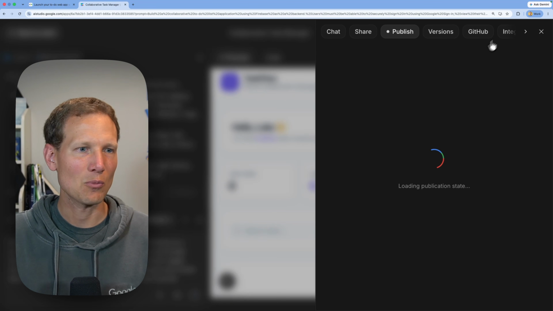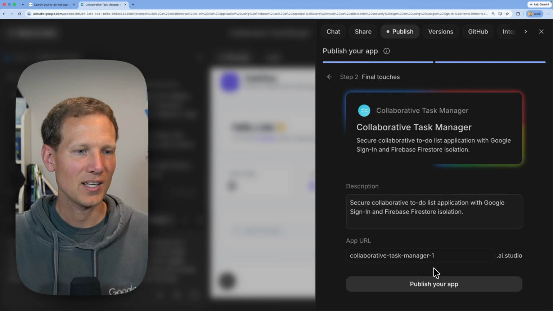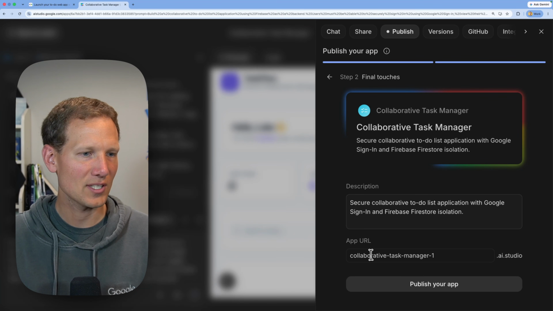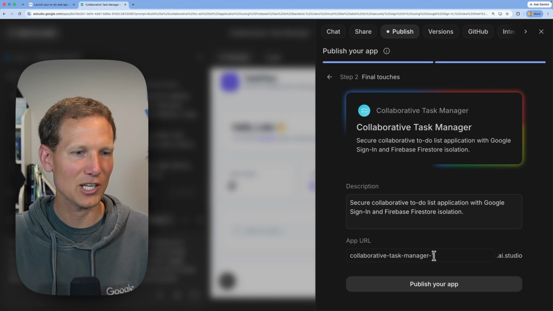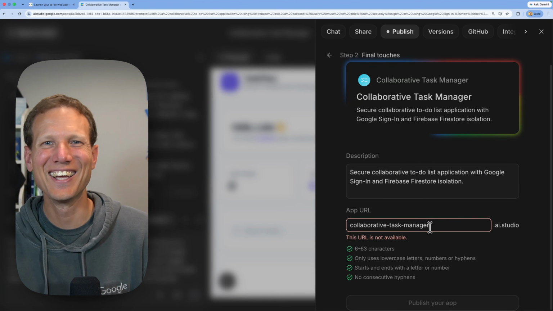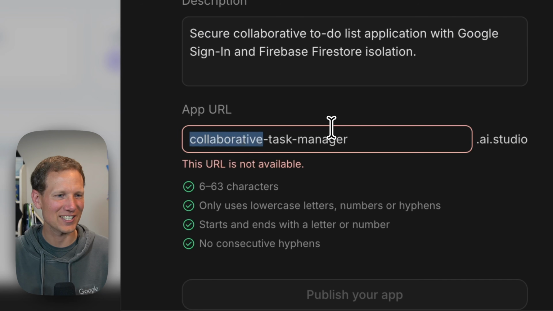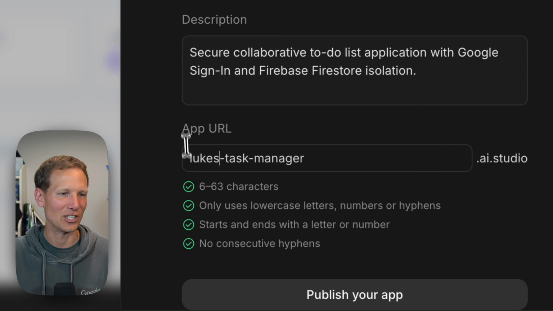We're going to do that the same way we did with our first app. We click publish and we'll say get started and publish your app. This says collaborative task manager -1. I wonder if enough people have been making to-do apps where quite a few of the options have been taken. So I'm going to call this Luke's task